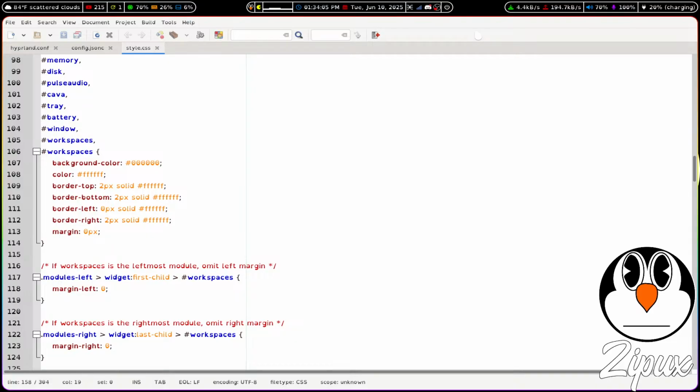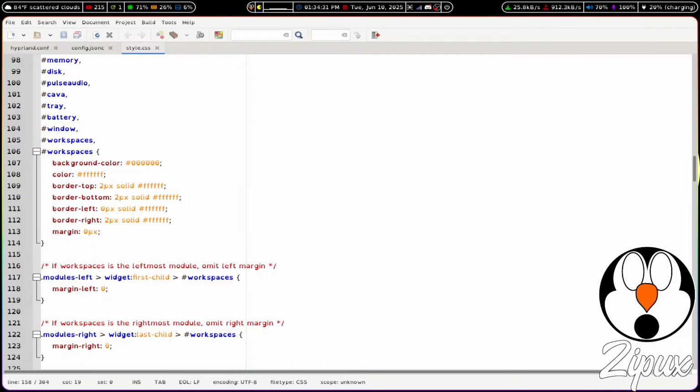But what's important about all of these modules here is your borders. The margins don't really matter, but your borders, your top, bottom, left, and right. Generally, what I do is I'll set my top and bottom to be white and then 2 pixels. But then my border left, I'll have 0, just so that way they all connect with each other and they